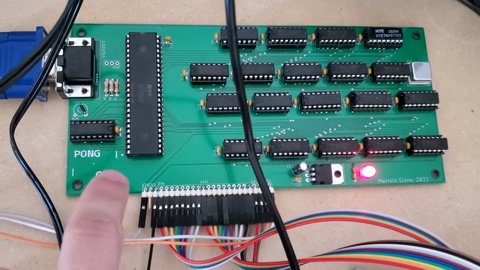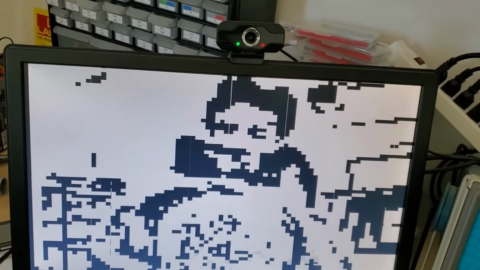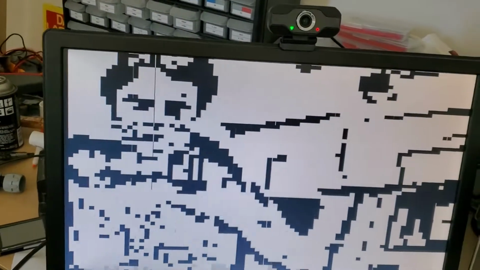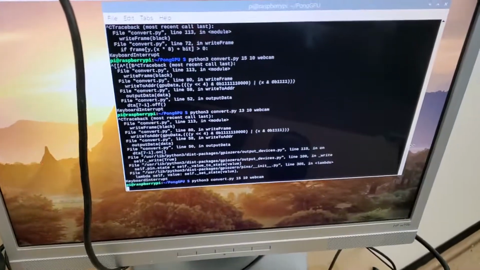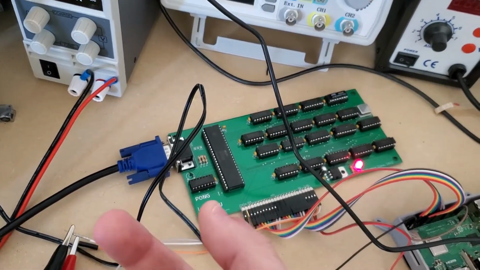The Pong GPU is its name, named for the fact that its graphical capabilities are about sufficient to run the game of Pong. And you may have noticed that it's connected to a Raspberry Pi, which is running a little script that I wrote in OpenCV and Python. And essentially what this script does is it takes the data from this webcam right here, and it converts it into an 80 by 60 grayscale image, or not even grayscale, sorry, monochromatic, which is what this GPU's display format